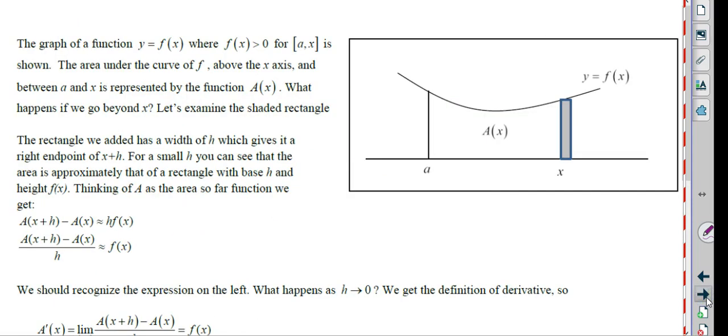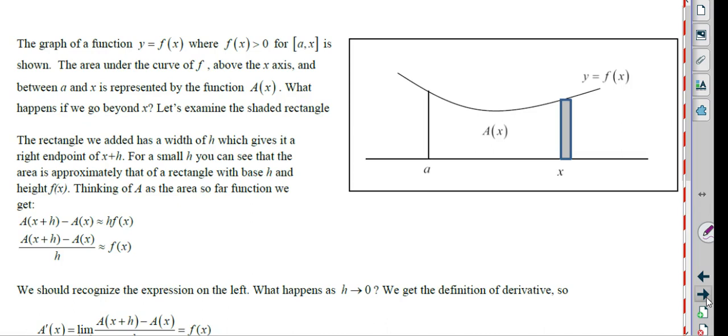Okay, so here we go. Let's formalize this, because actually all we've done is a little bit of inductive reasoning, right? We've looked at 3 examples. We've said, well, for these 3 examples, this is true. Prove it. The graph of a function y equals f of x, where f of x is greater than 0